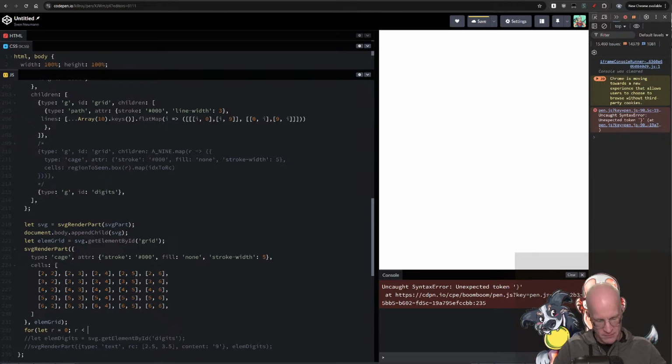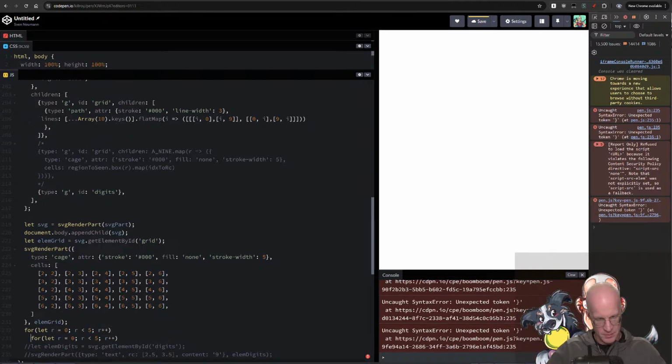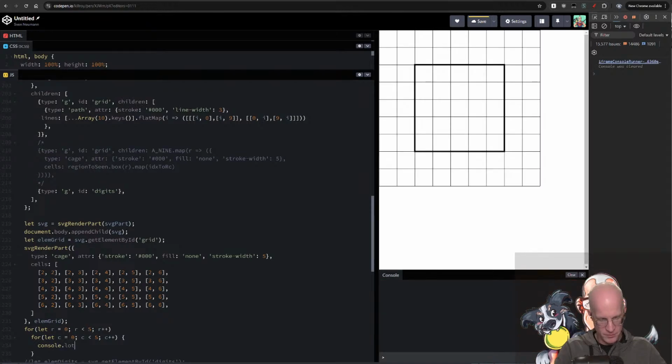Row is smaller than 5. Row plus plus. And then we'll do the same thing for column. And I need to do this and this and this. Right? Console log